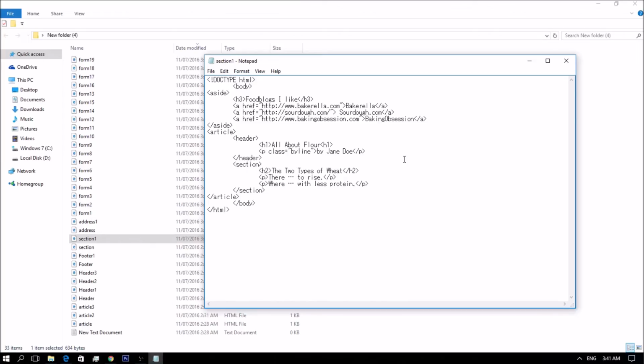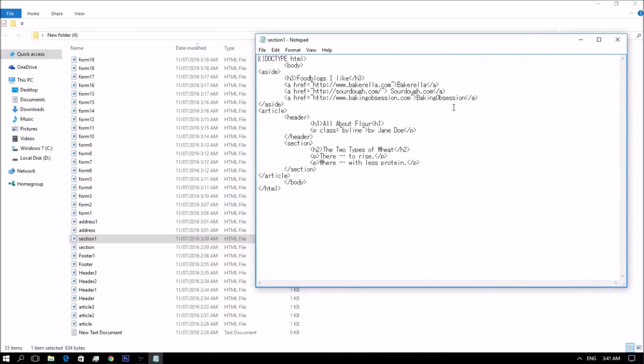Basically, the context of the aside element is based on whether or not it is inside or outside the article element. So I have here the example.